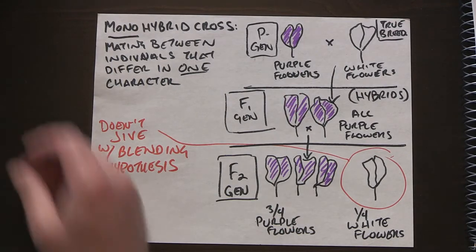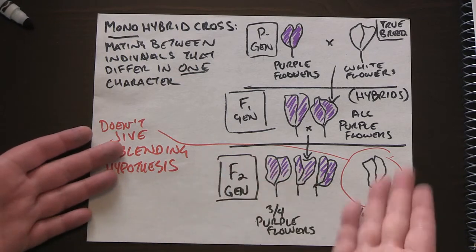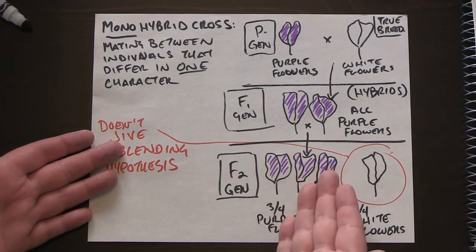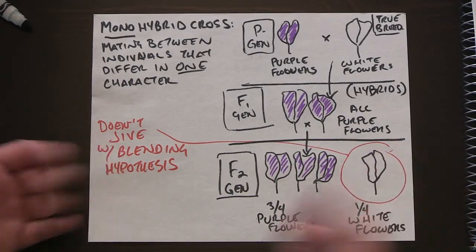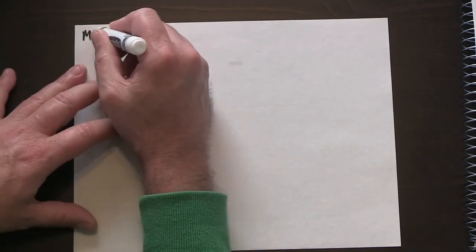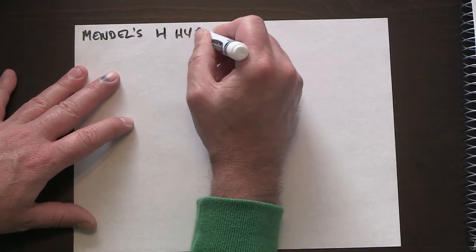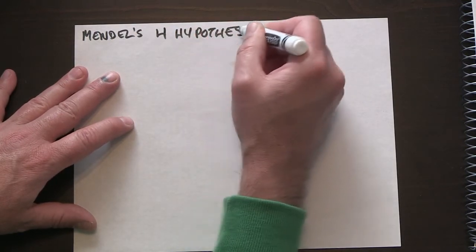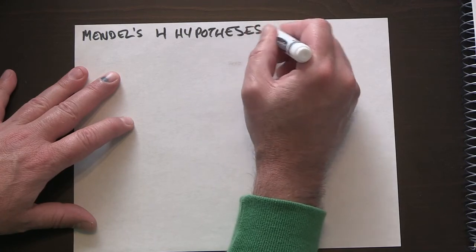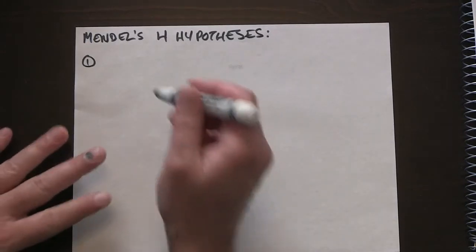So what Mendel did now, of course, he needed to come up with a reason or some sort of hypothesis to why this happened, and why he got 3/4 of them this way and why 1/4 of them came out white. So that's exactly what he did. Came up with actually 4 hypotheses. Okay. The first hypothesis he came up with is that there's alternate